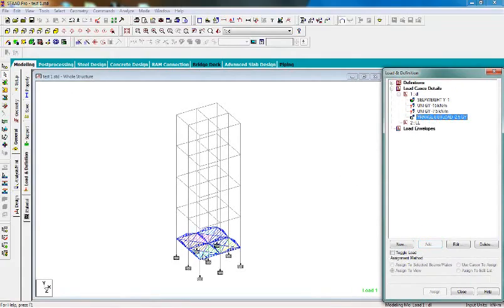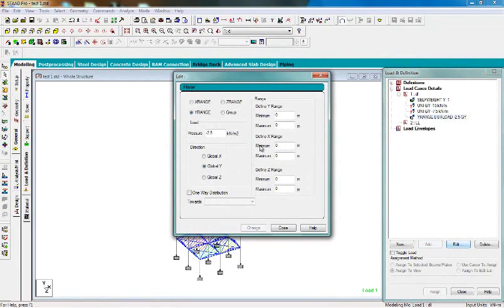Otherwise, your floor load will not be on the ground floor. Just think about it, the floor load will not be acting on the ground level, but here you see it has been acting on the ground level, because there is another important criterion that we have missed, and that is range. We can define the range from which floor to which floor, or from which height to which height it will be acting. It will be acting in the XZ plane only, so we need to define the Y range. So minimum from which height,